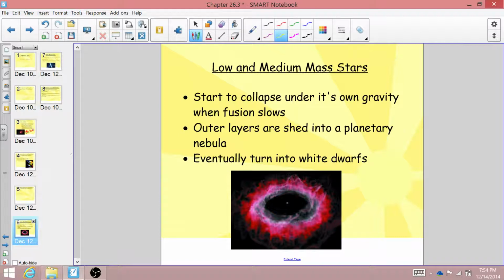Those dying stars shed their outer layers, which exist as these clouds in space, and then those clouds can come together in different ways to make new stars many, many millions of years in the future. But after the outer layers are shed, the only thing that's left is the very, very hot core of what was that star. And that's all that's left of that star at that point, and we would now consider it a white dwarf.